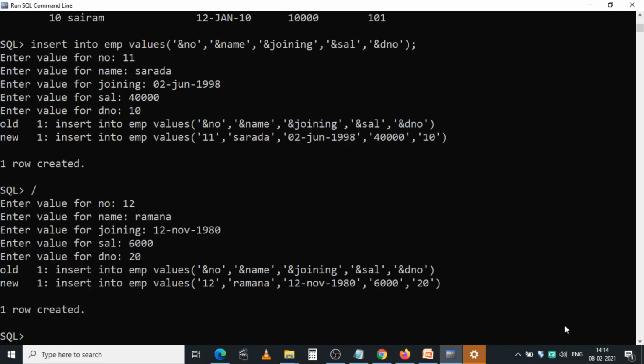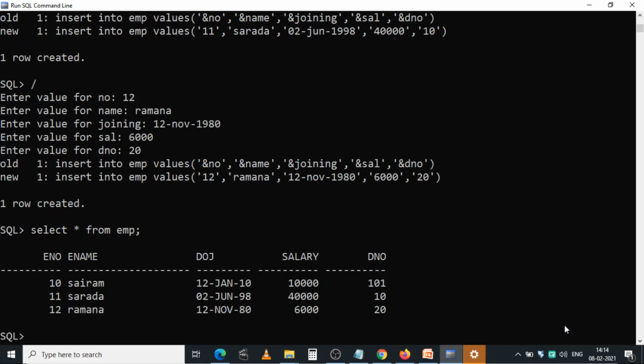Okay, two records. Now let me check how many records are there in the employee table by using the select command. Okay, so how many records in the EMP table? There are 3 records we have inserted in the employee table.